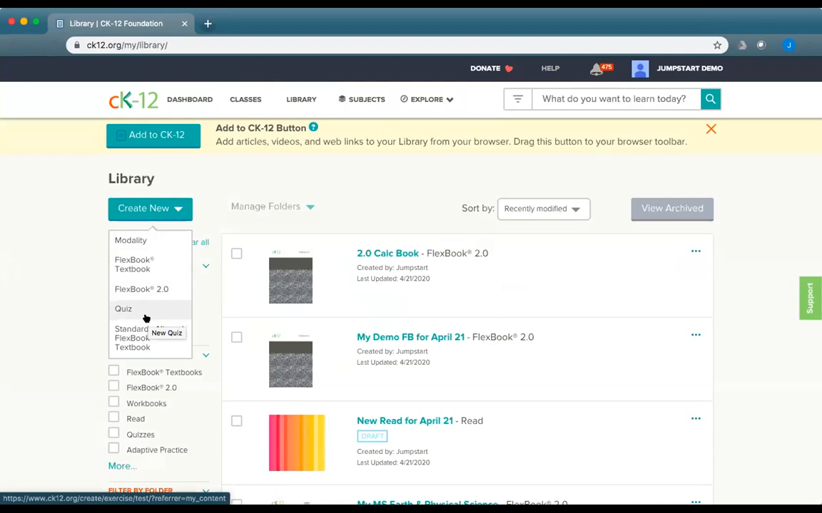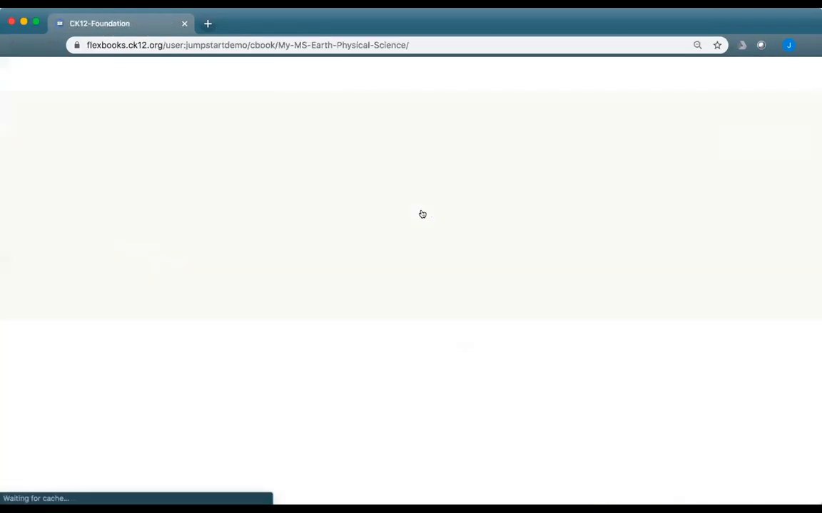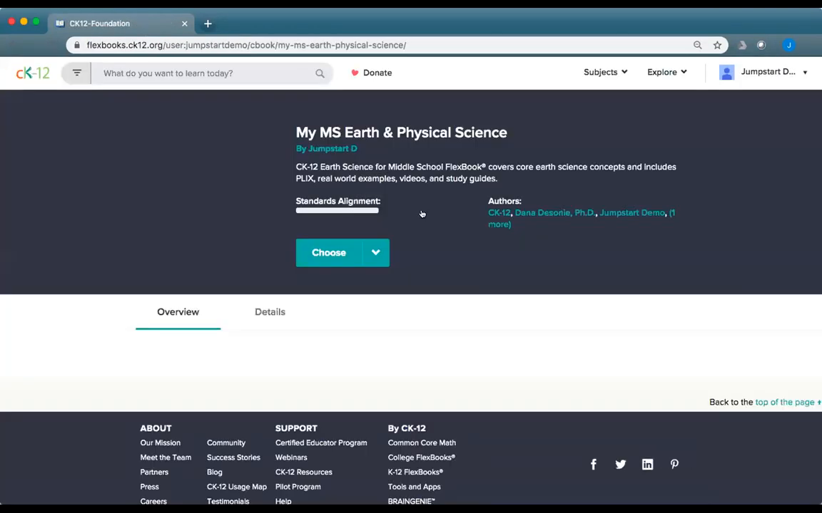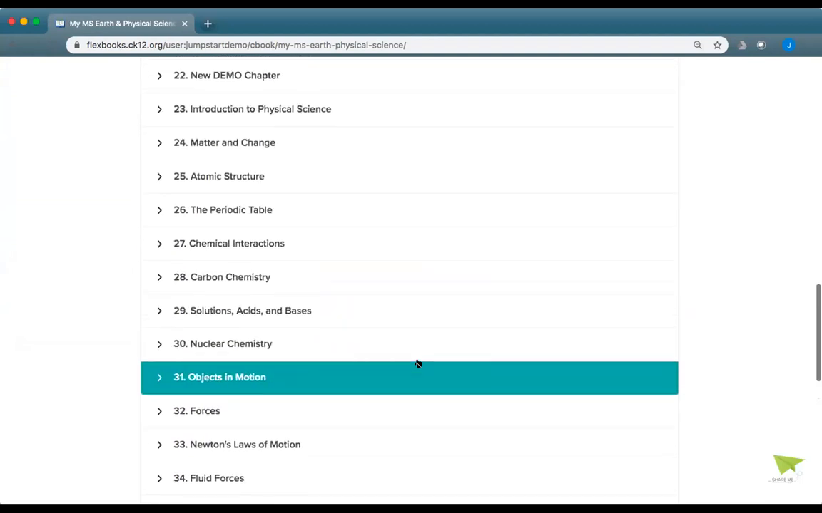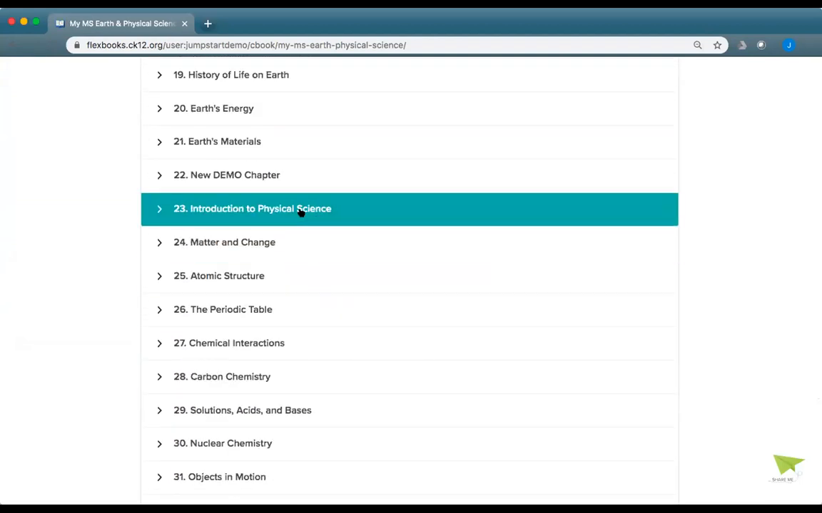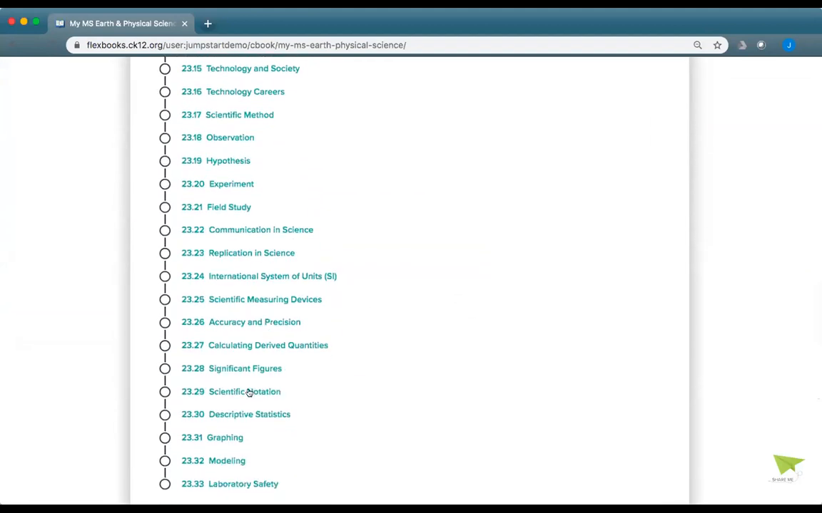Now, alternatively, you may find it easier to work off of existing stuff. So let's go back to my demo book that we were working on. Actually, that's a new one. So let's say our scientific notation read, which is in Earth and Physical Science. If I'm working within this particular lesson, where were we working off of? Scientific notation here. So if I go ahead into scientific notation,